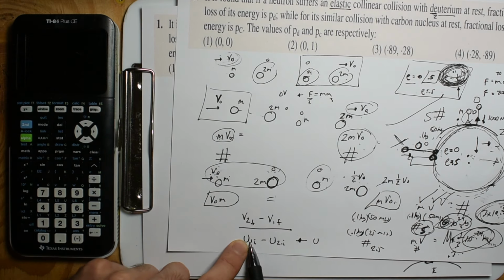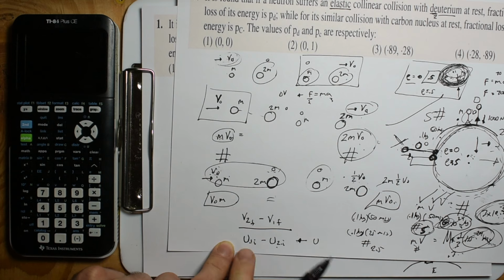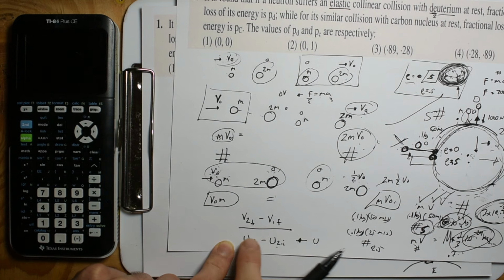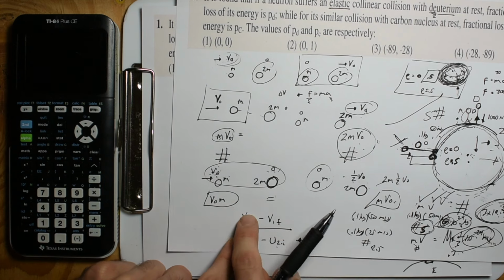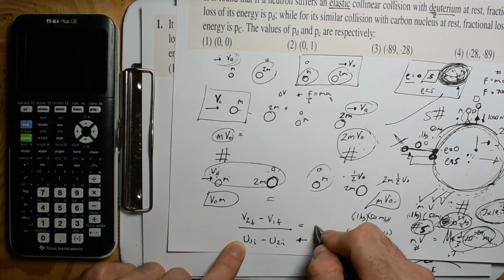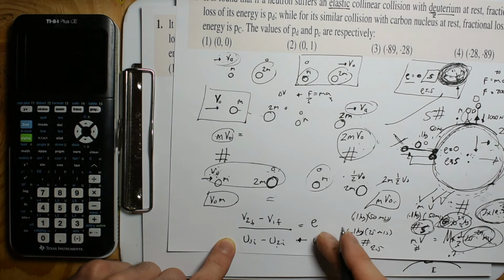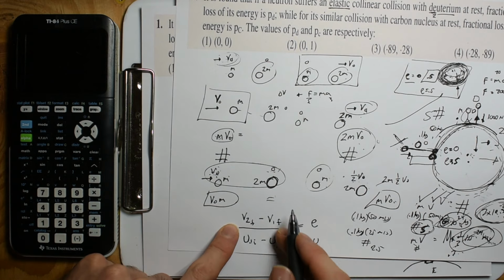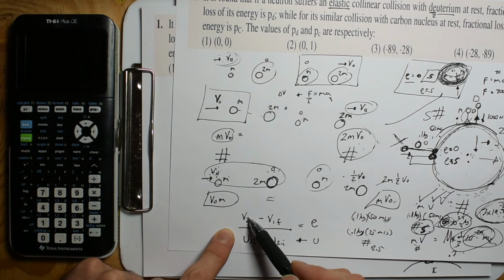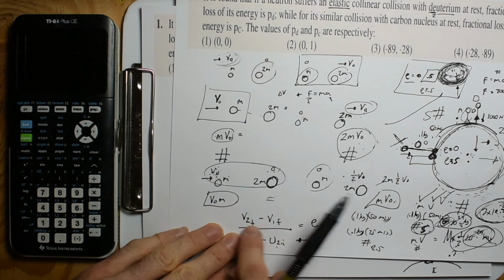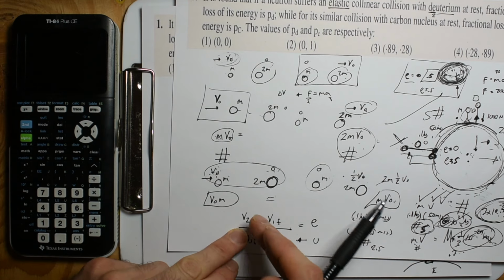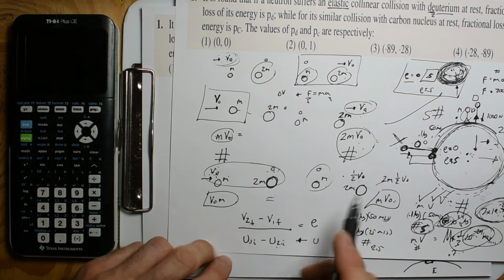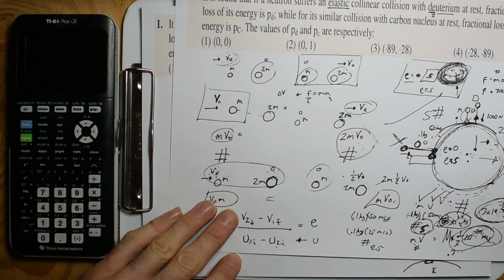This is object 1. This is object 2. And you're not finding the difference. You're taking the first minus the second. And then this is the second minus the first. And this is going to be the coefficient of restitution. But you're typically used to writing things like the difference between them. So the difference between them is the second minus the first. And so how you write this equation